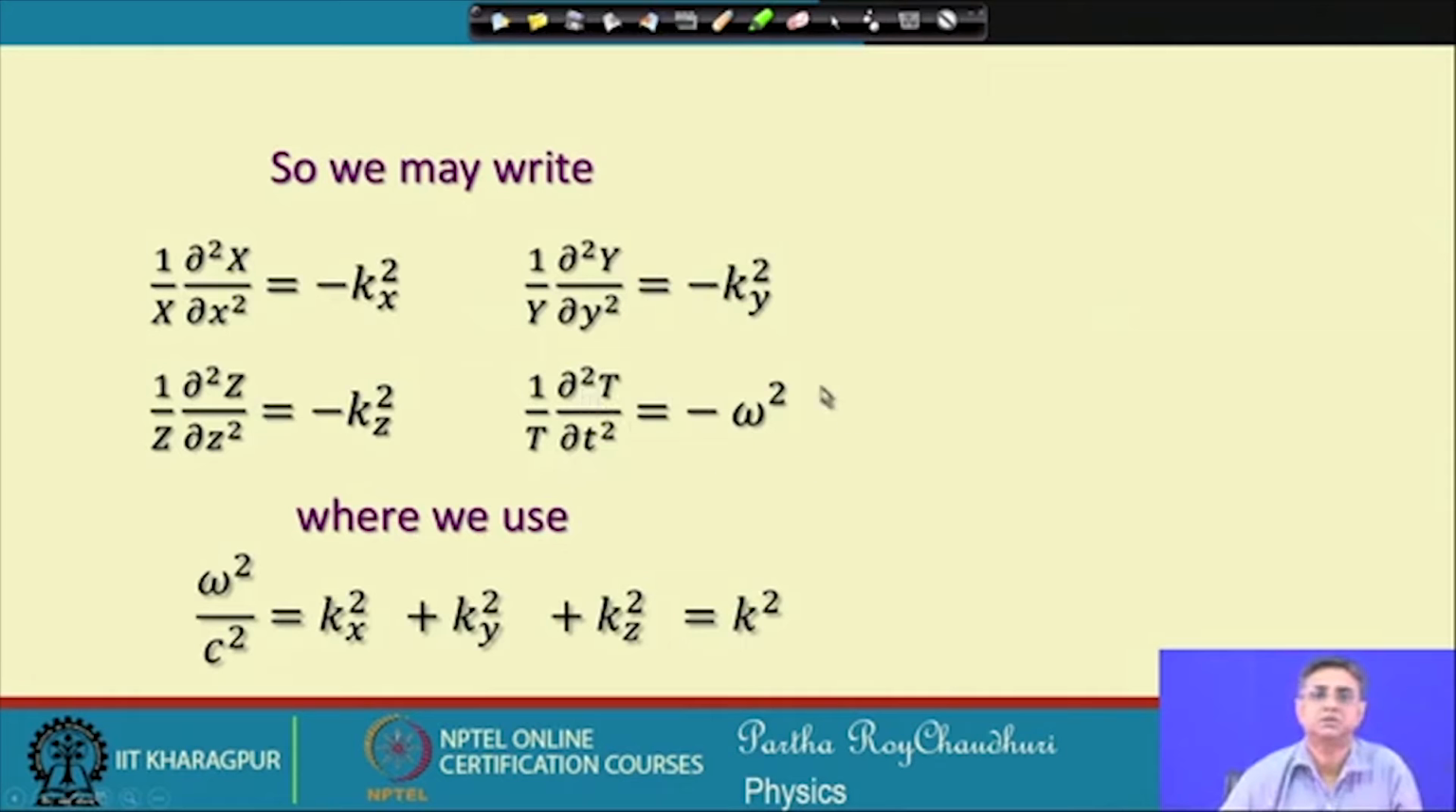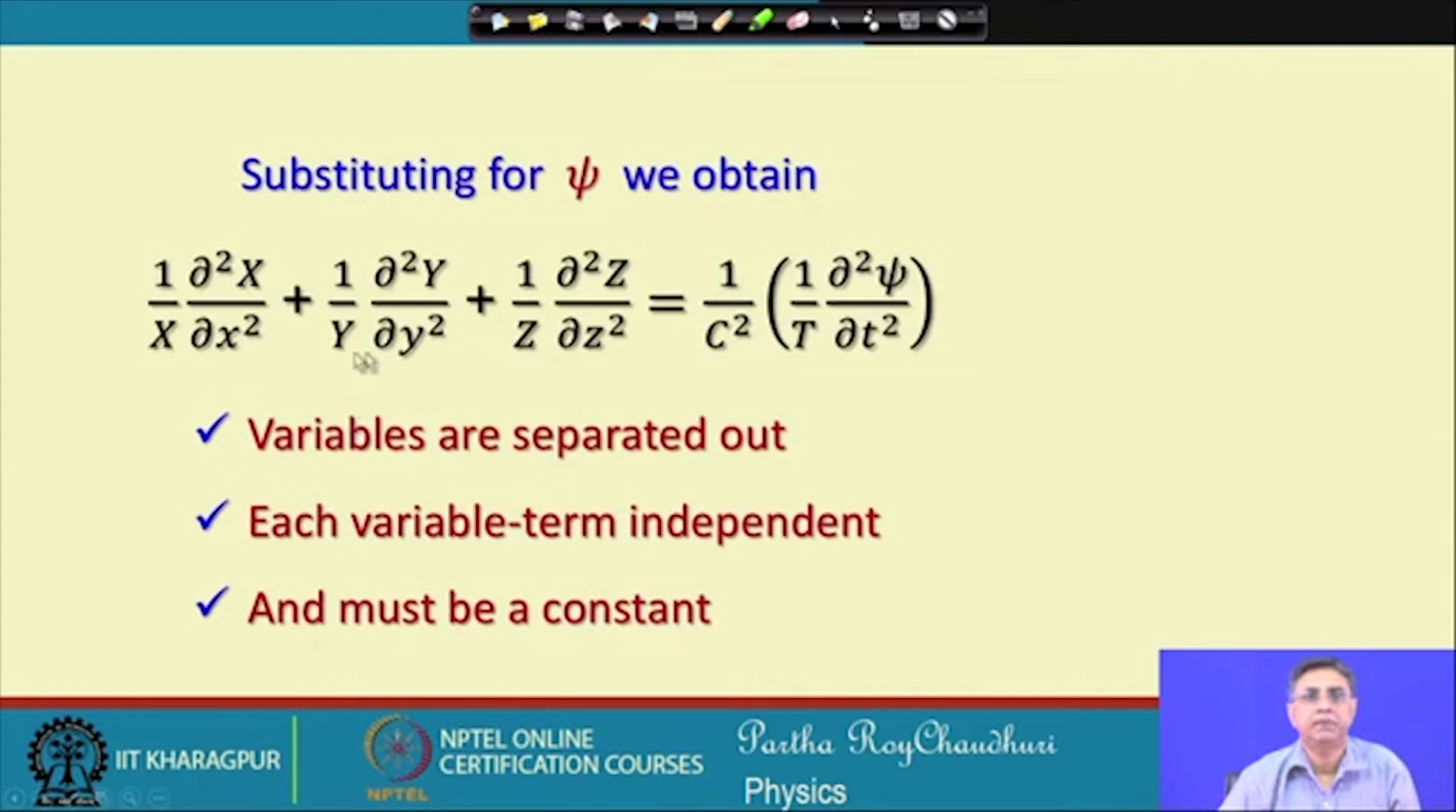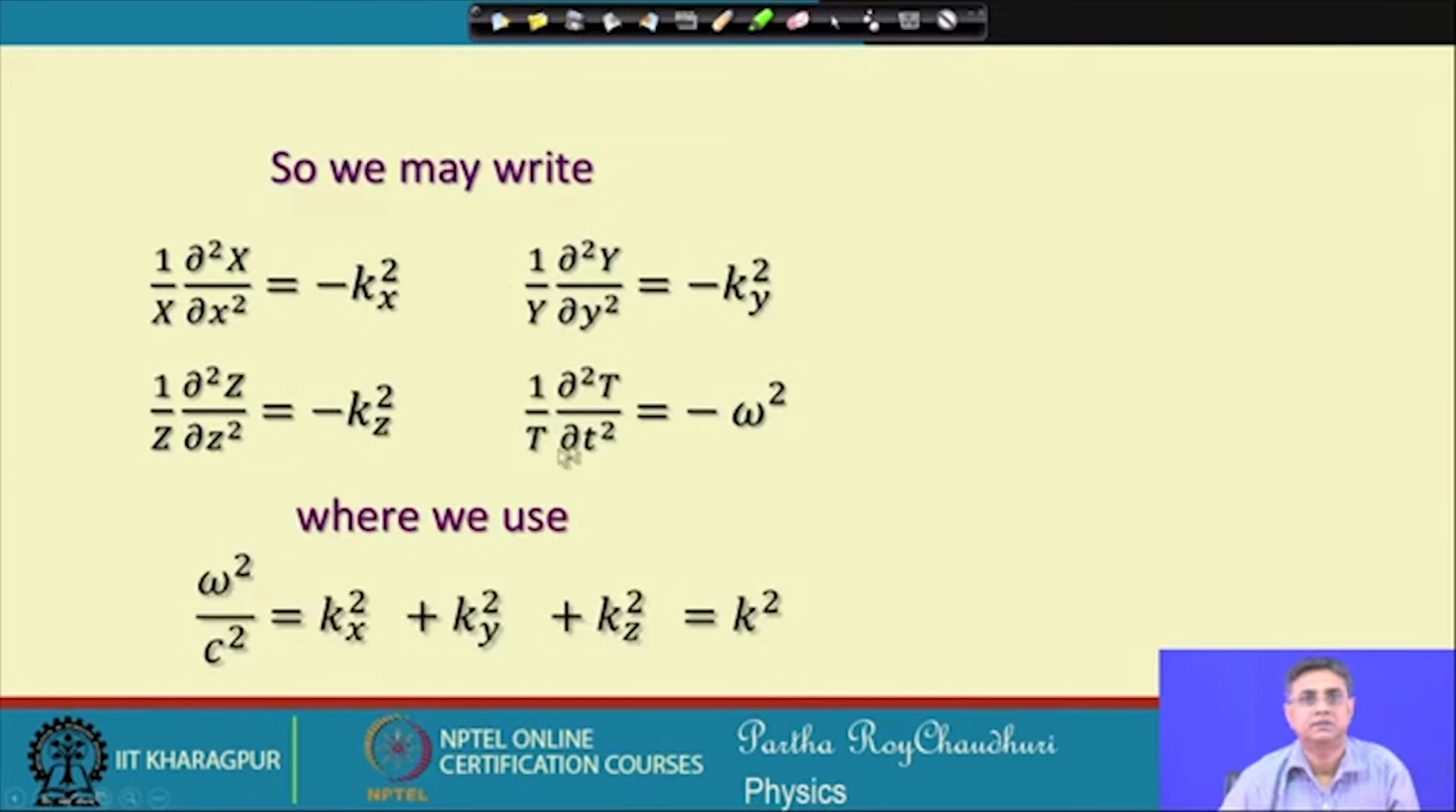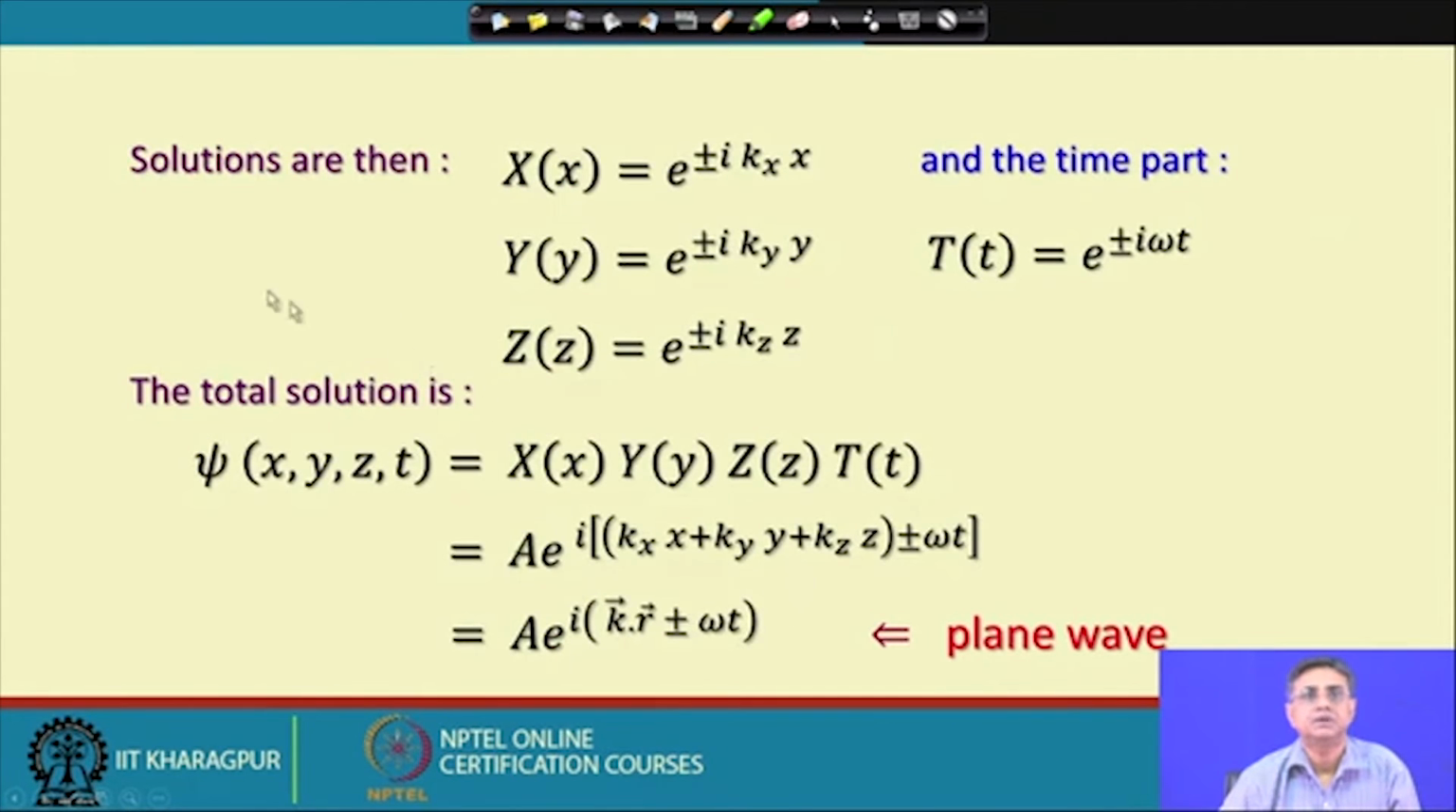this I use minus omega square. If you put it back, minus k x square, minus k y square, minus k z square equal to minus omega square by c square. So, that is what appears here. So, omega square by c square equal to this, but this is equal to k. So, the solutions of each of these equations